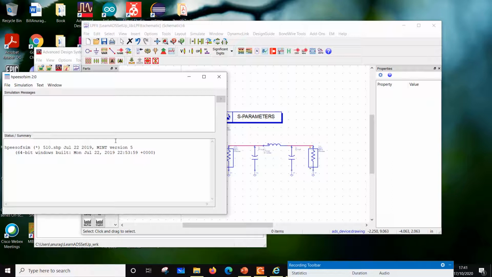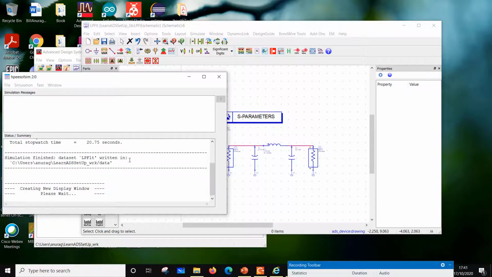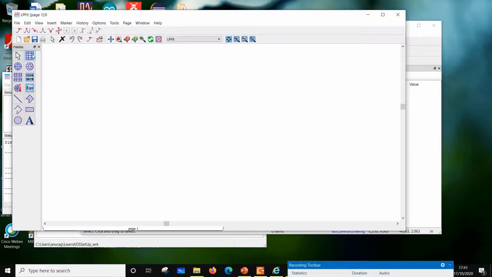Sometimes it is slow, and there are reasons why. The first time you simulate it will be slow; the next time you run it again, it will be faster. What it is doing at the time of simulation, we'll come to that.